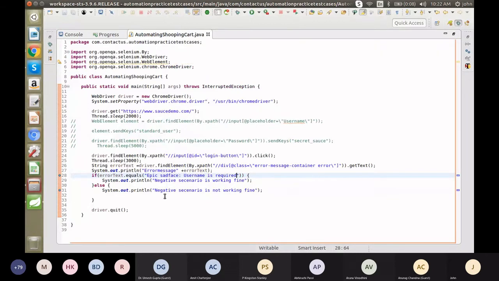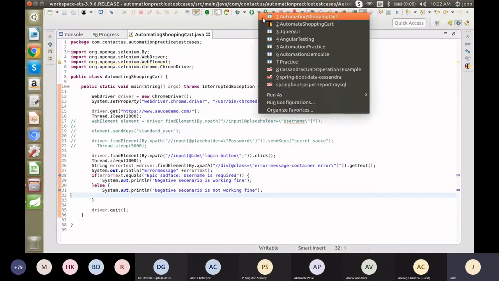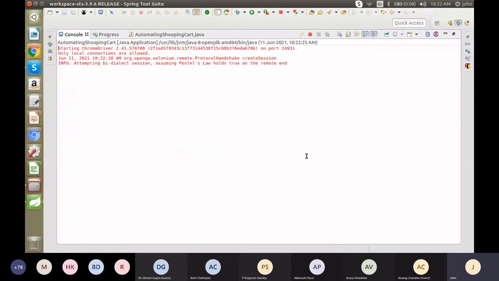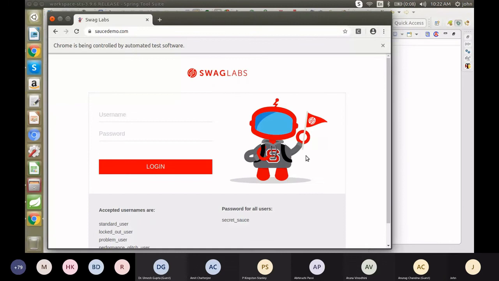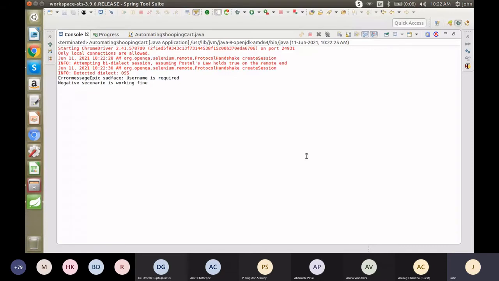You'll see whether it is working fine or not. Yeah, now we got the output. So now it is working fine. So negative scenario is working fine.